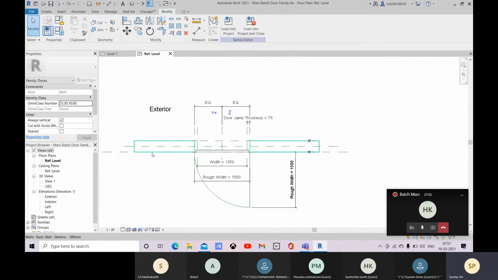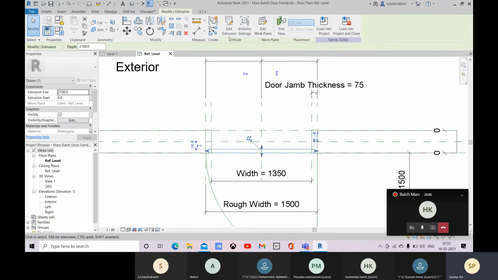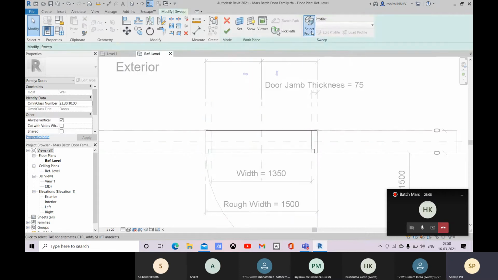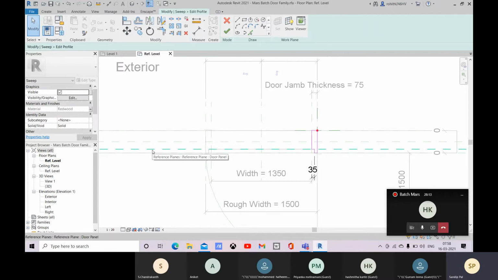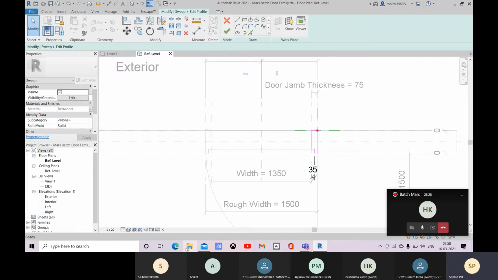Okay, so about this one, just let me select this sweep one. Yeah, so edit sweep, and come to select profile, select this profile and edit profile. So we have done this reference plane within this editing, right? So there only it will be visible. So if you need to see it everywhere, for that you don't make it within this editing option,